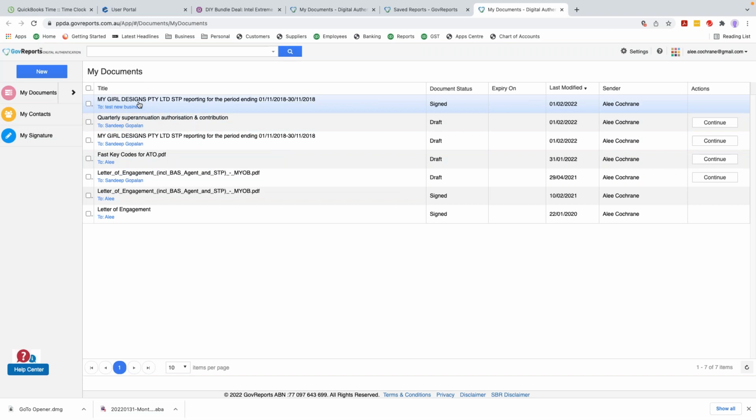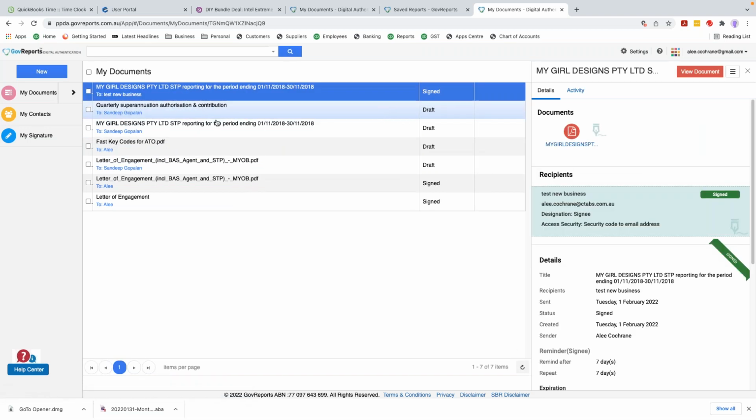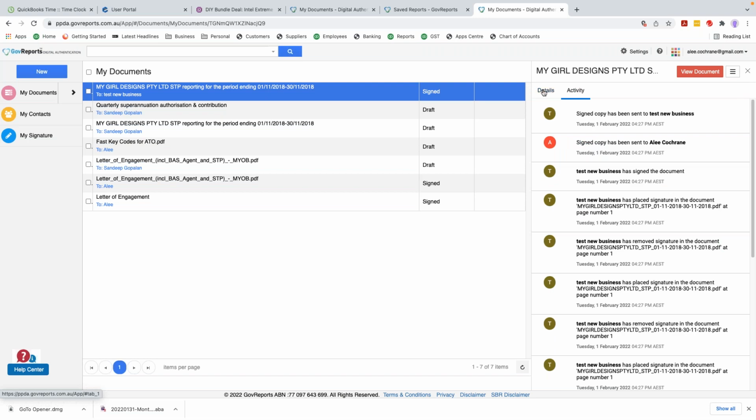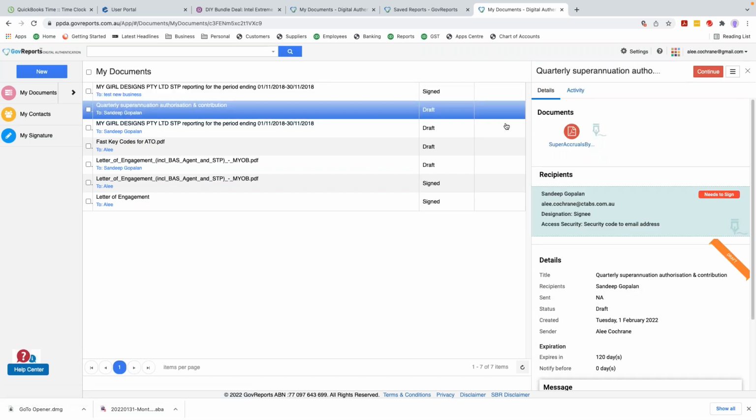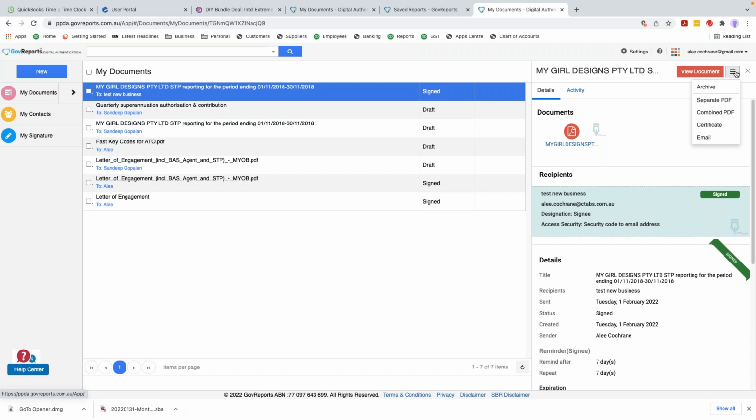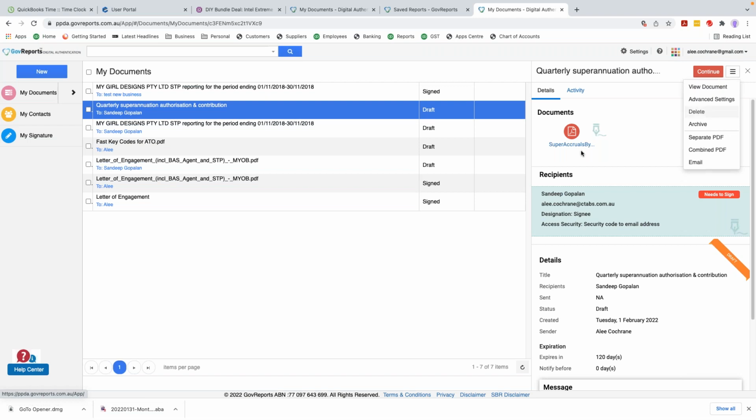Now, before I go on, I just want to say something too. If, for example, I've made a mistake and I'm not happy with that one, there are options along the way, usually before it's signed, to be able to void them. So in here, if I was about to send it off for signature, I could actually void it and get rid of it. So in here, you'll see that I can click on void, delete. So if I deleted that one,